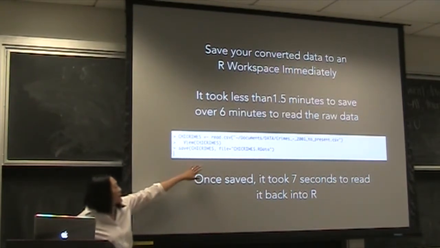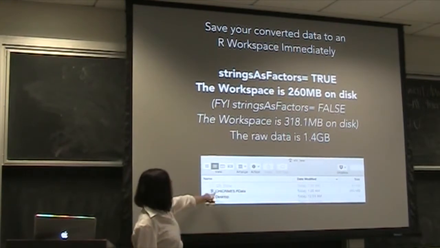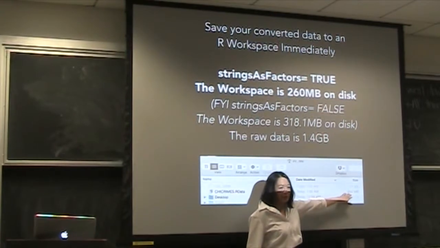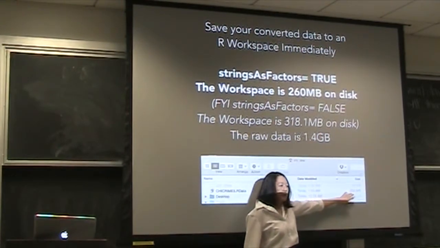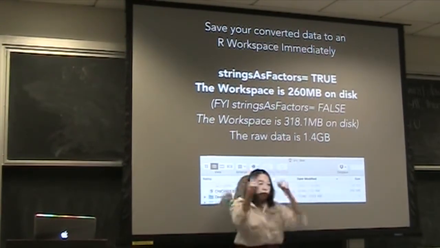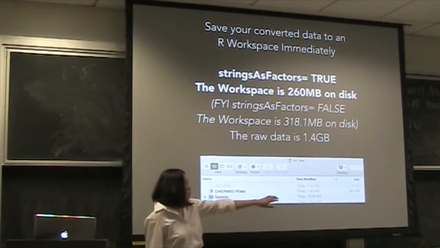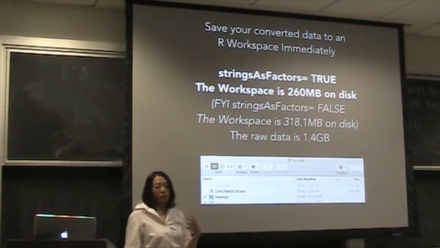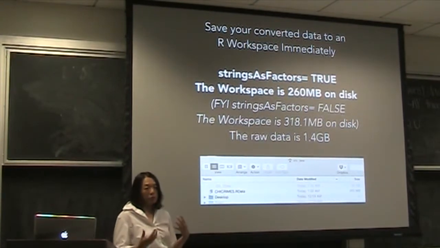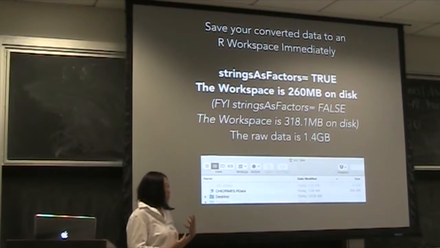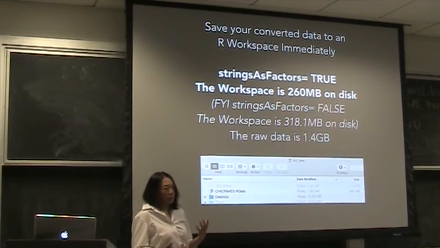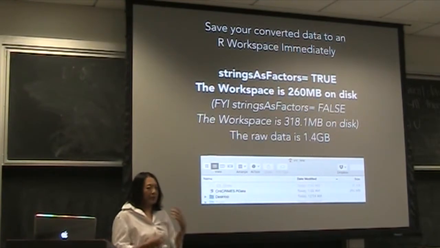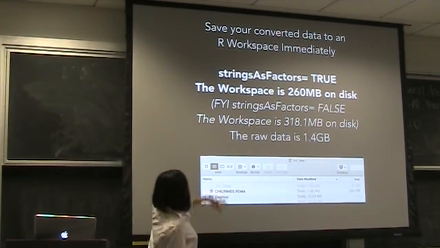So you save it, and then it's about finding it later. This is what it looks like on my hard drive. Now notice, it was 1.4 gigabytes, and now it's about 250, depending on your system. So it's dropped down tremendously. At 250, 260 megabytes, it's at least manageable in your memory. Because now you have 8 gig, maybe 2 gig to 4 gig are being devoted to your system and to other things that you're running. Everyone seemed to be running a ton of other things. We'll talk about that later, but it's going to eat into your available resources.